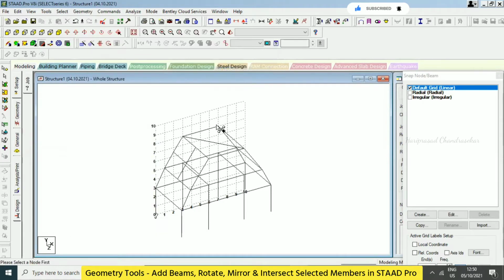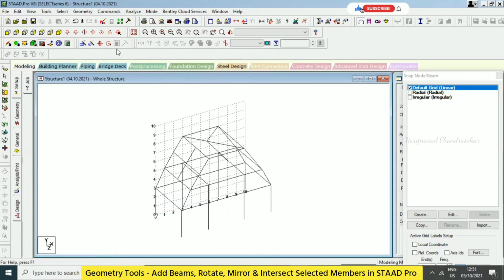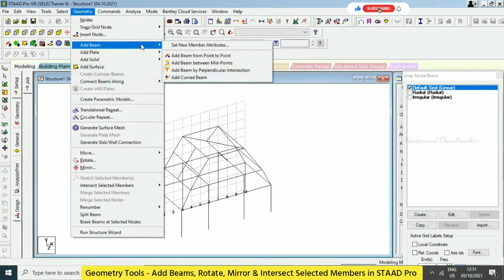I'm just going to click here and then leave here. Automatically, it will come in a perpendicular direction, and I can see that in a top view. Now I'm just going here and then here, it is automatically coming in a perpendicular direction. Can you able to see that? Okay. So this is what we have in Add Beam.